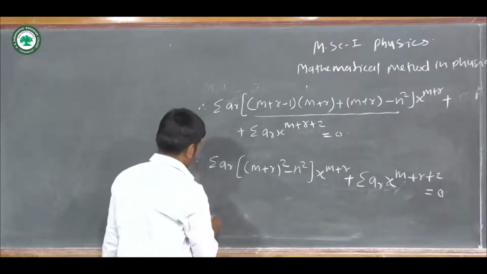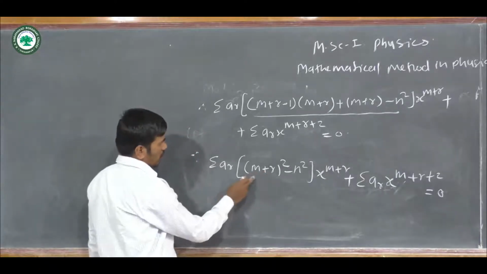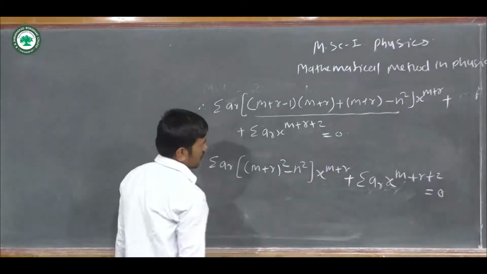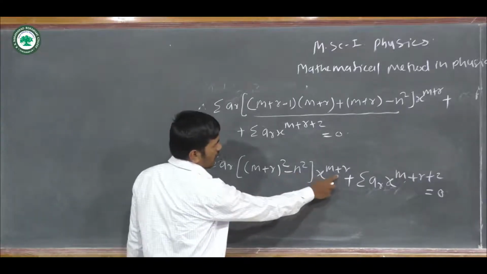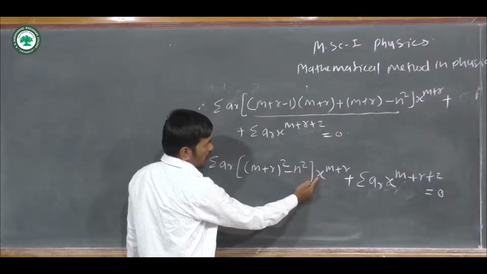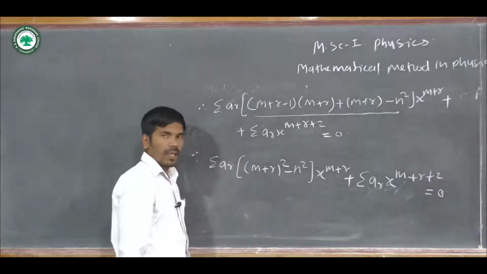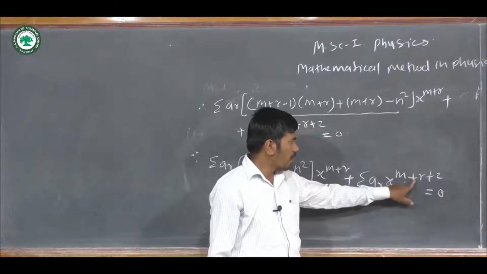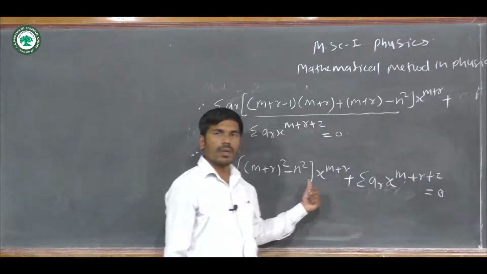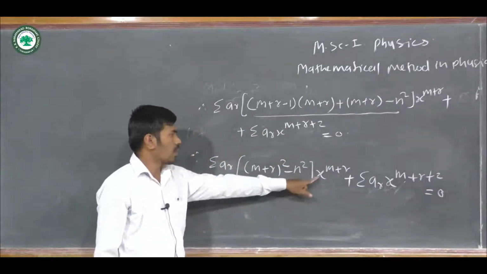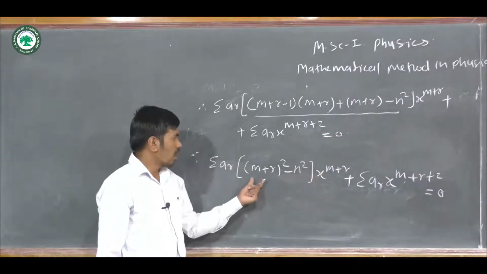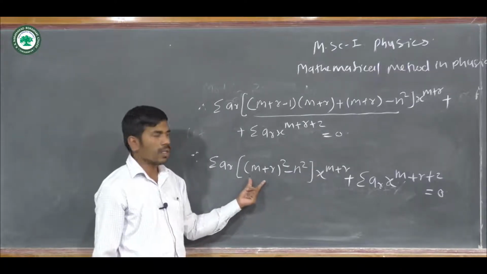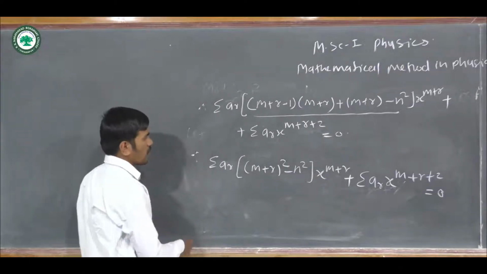Okay, so first if I put r is equal to 0, first we try to find the lowest power of the x. So if I put r is equal to 0, for the first summation, power of the x, that is x^m, and here if I put r is equal to 0, so x^(m+2). Okay, so this is the lowest degree term, x^m. So we equate this coefficient of x^m equal to 0 after putting r equal to 0.